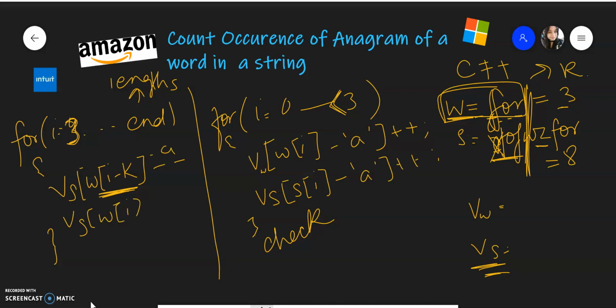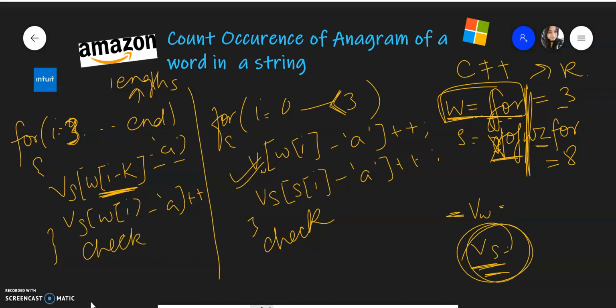Okay, so this will be a minus, right? The same format that we are using right now. We'll do plus here. So what it will do is modify the vector of s for the next three characters, and then again check if these two vectors are equal. That means if the wp and ws vectors are equal, you have found another anagram, and then you will increment the counter. So this is the walkthrough. I'll show you the code as well, and then things will be clearer.